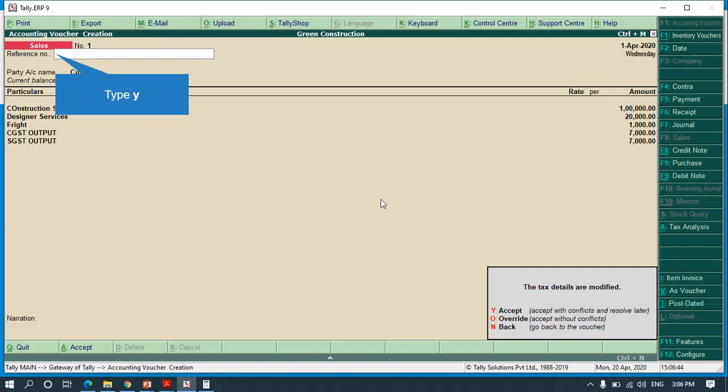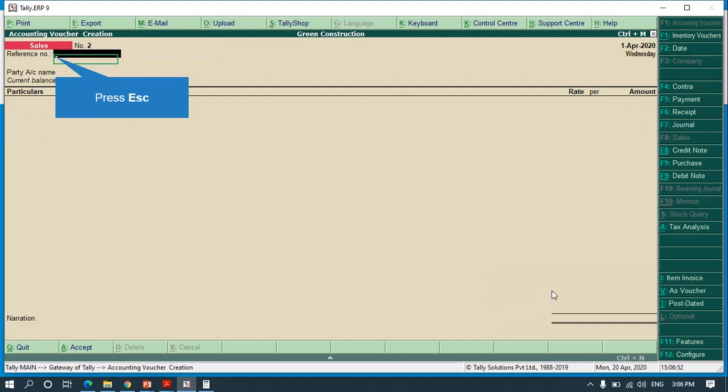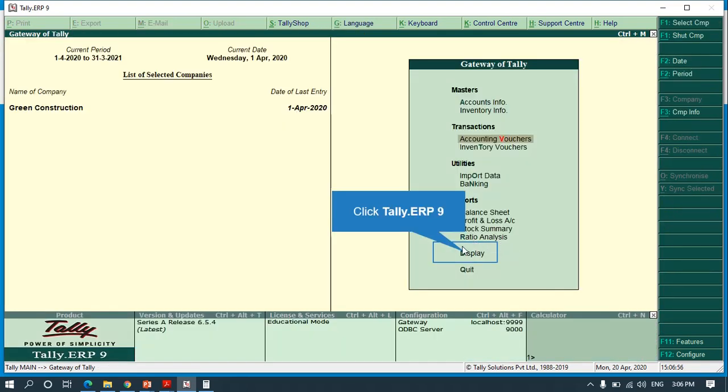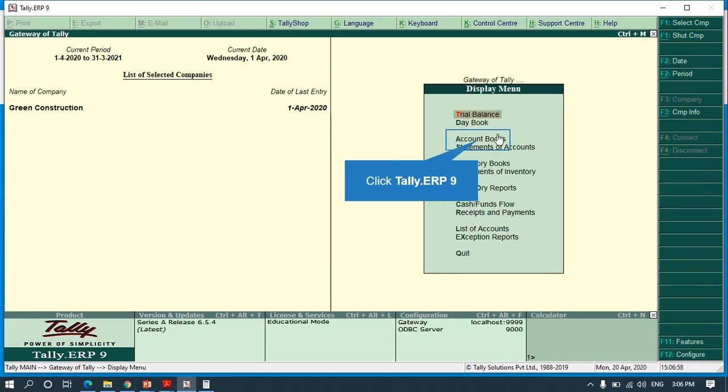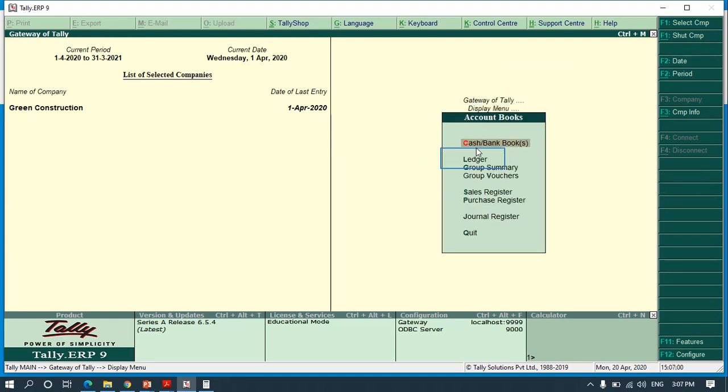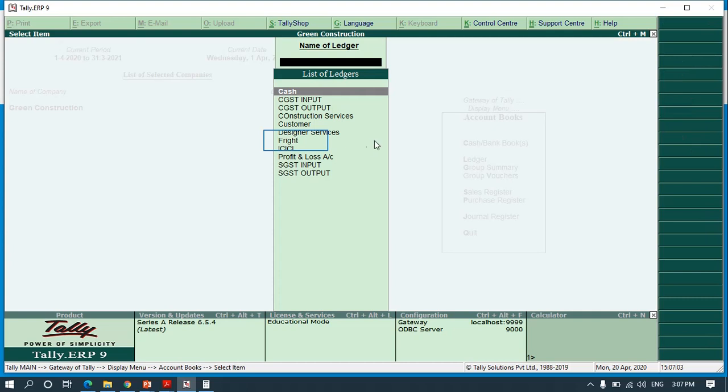That's it. Now we will save the transaction. Ctrl A to save, Yes to accept. So now I save the transaction. Let us go to display and check how the tax liability is applicable.